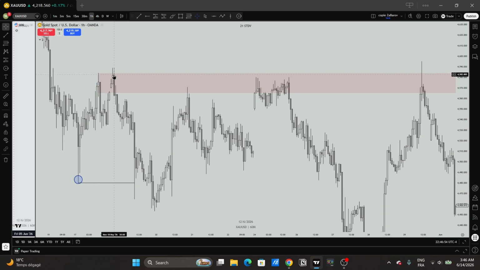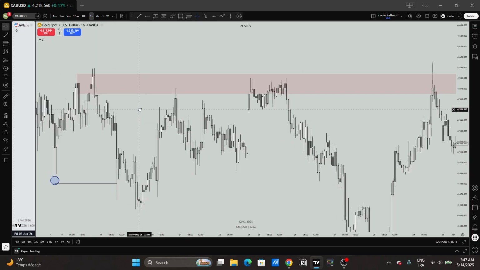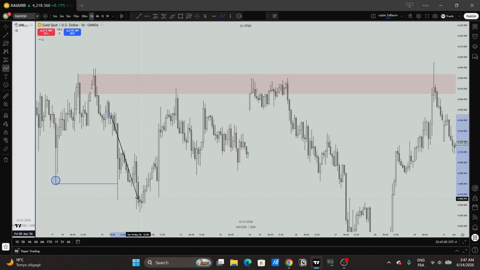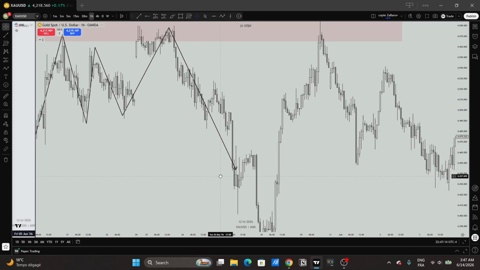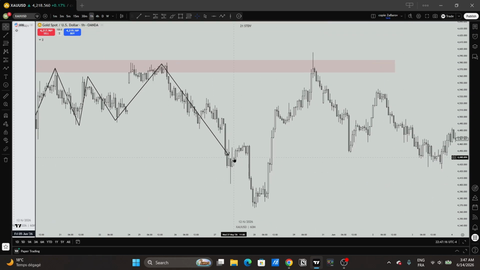So basically we got our level marked from here. It came again after making this low and tapped for the third time, went down, failed to make a new low, retraced for a fourth time, and then dumped very hard until this